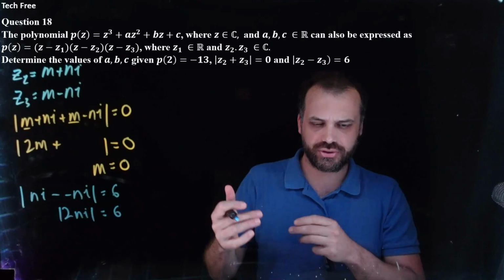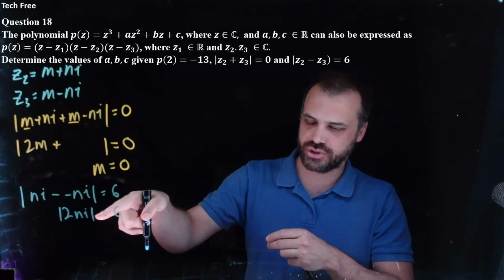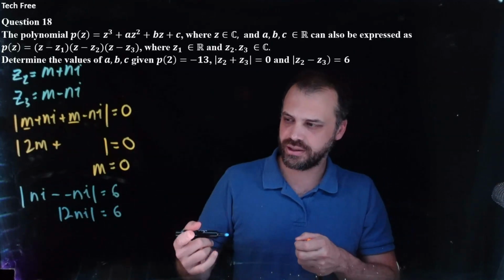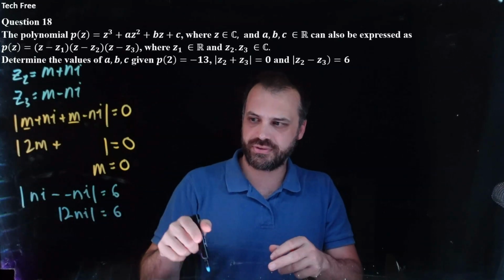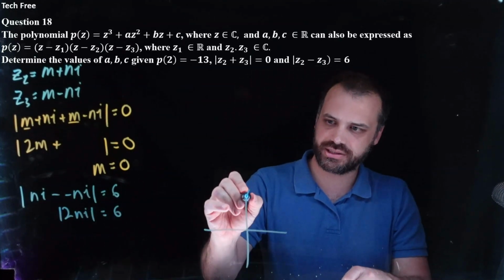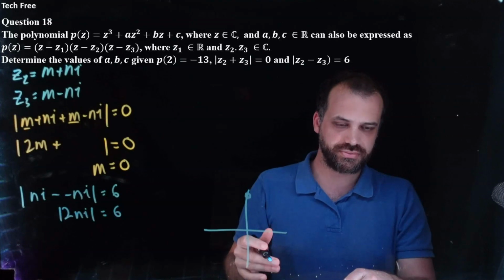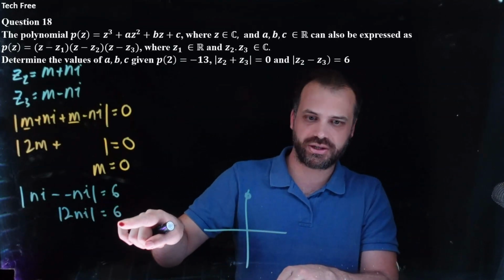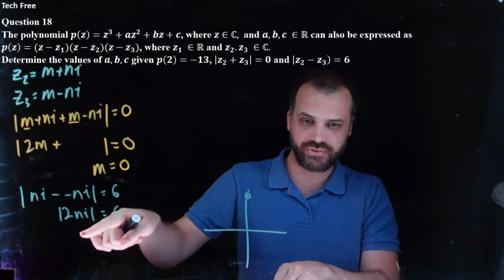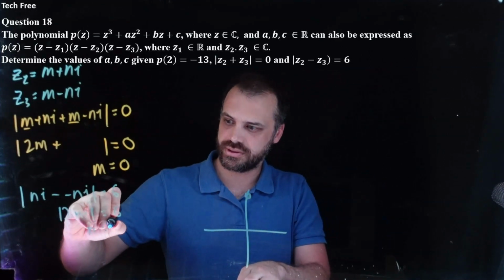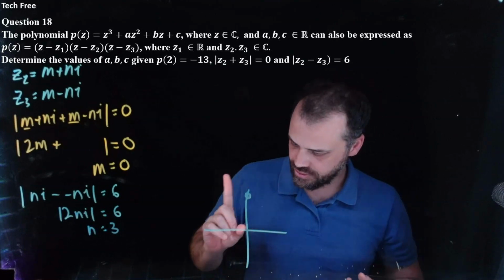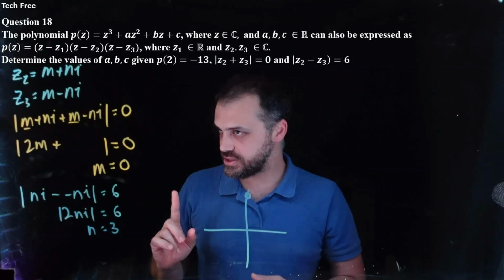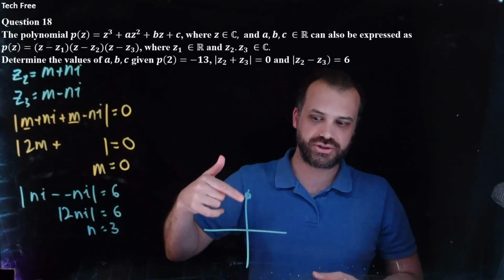And I could go through the motions of squaring that, etc., etc. But if something's purely imaginary, it means it's sitting along this imaginary axis. If two lots of it, the magnitude's 6, then just one of it, just n, is equal to 3. That is fantastic news because now I know Z2 and I know